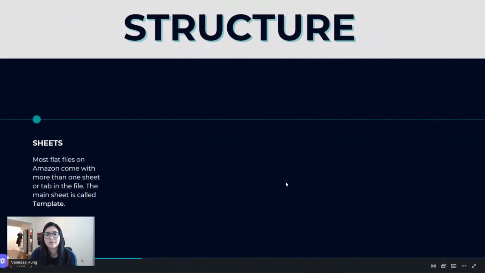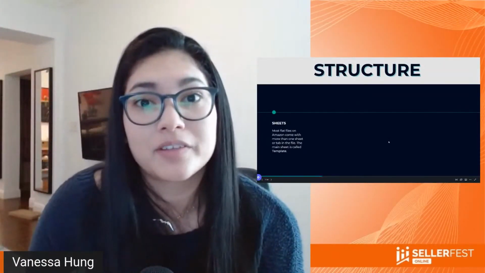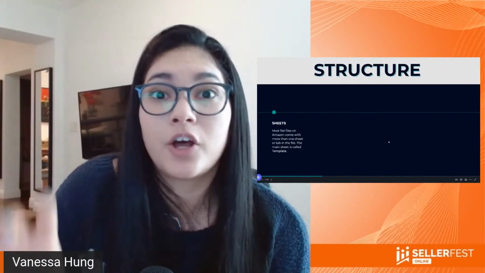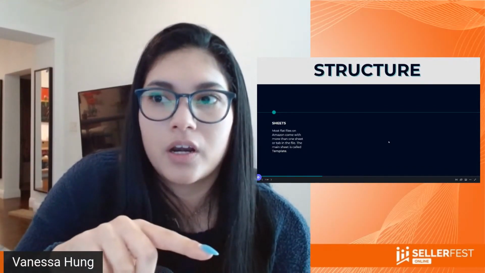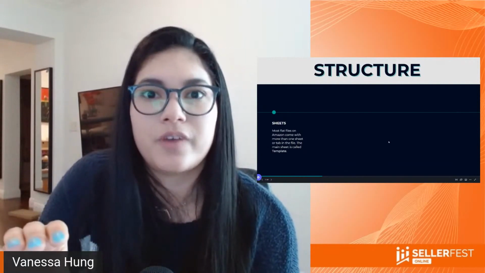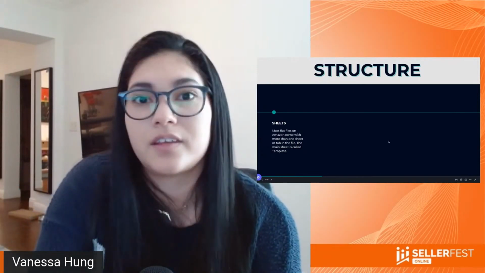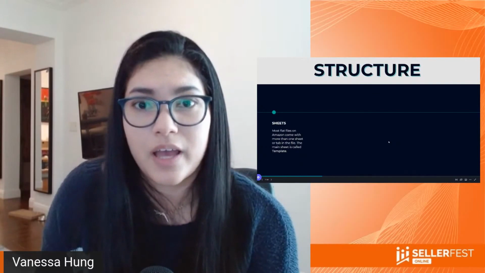For you to familiarize yourself with that, the structure is always fixed. What I'll be showing you here is the norm for all the templates that you encounter on Amazon. And if you don't see the structure in a report or in an Excel file that you download from Amazon, that means that it is not a flat file. It is a report, and reports are non-changeable data. They are fixed. That's the report. You get ABC and that's it. You cannot change it. With flat files, you can.